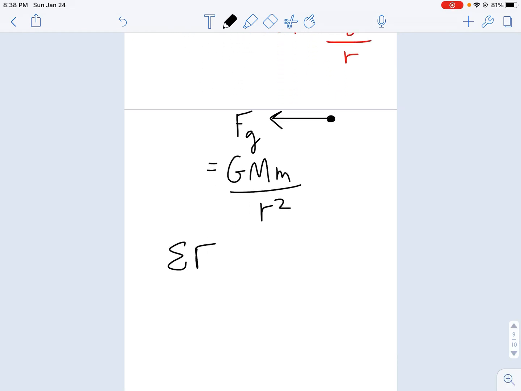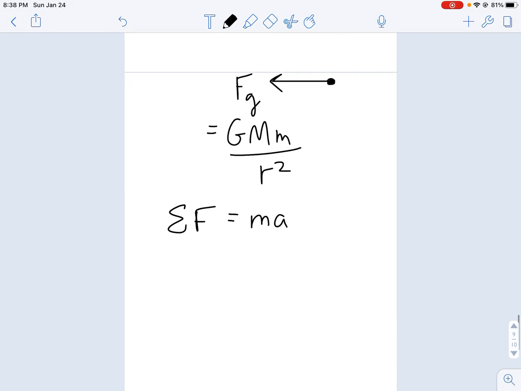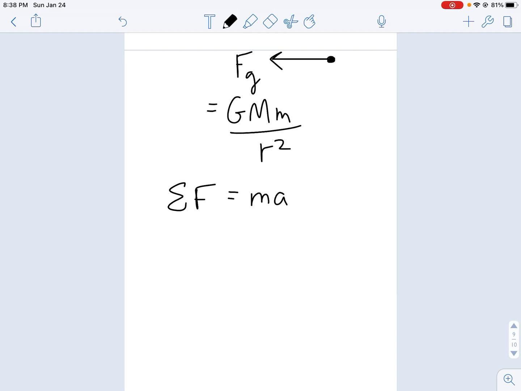So if we apply Newton's second law, saying the sum of the forces is equal to the mass of the object times the acceleration of the object, and we replace the net force with GMm over r squared, because that is the only force acting on the orbiting satellite,